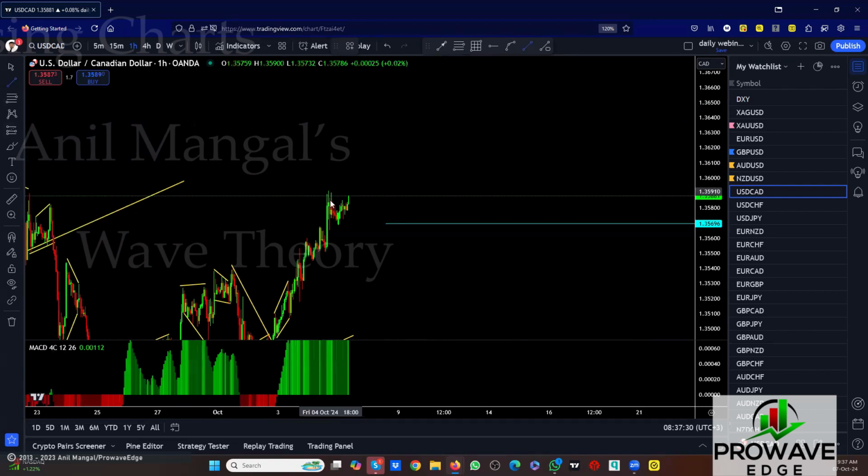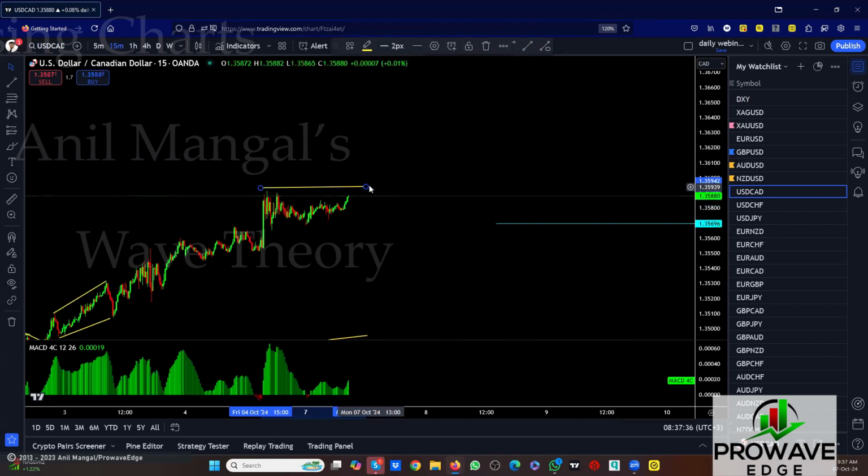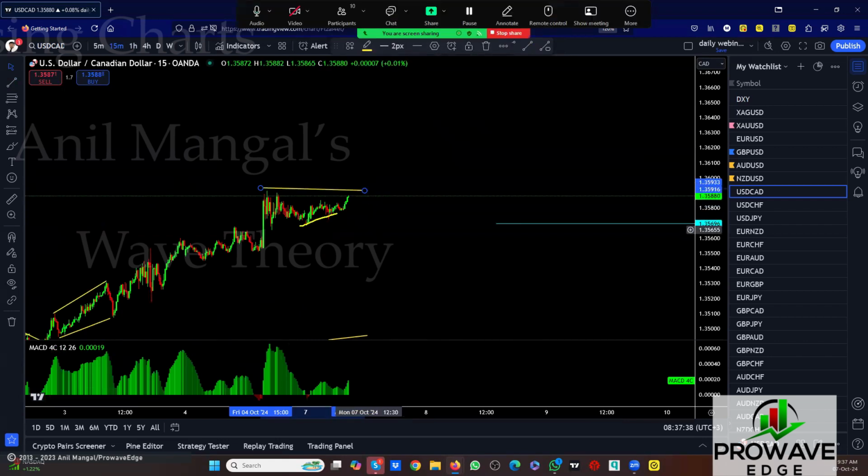Let this consolidate. I don't think it's ready to go. I still think we'll consolidate somewhere here. Let me see the 50 minutes. Yeah, probably not ready to go. It's going to pull back. There's a very high probability this will pull back. Even if this goes, you can't buy it. The risk is it will pull back, right?